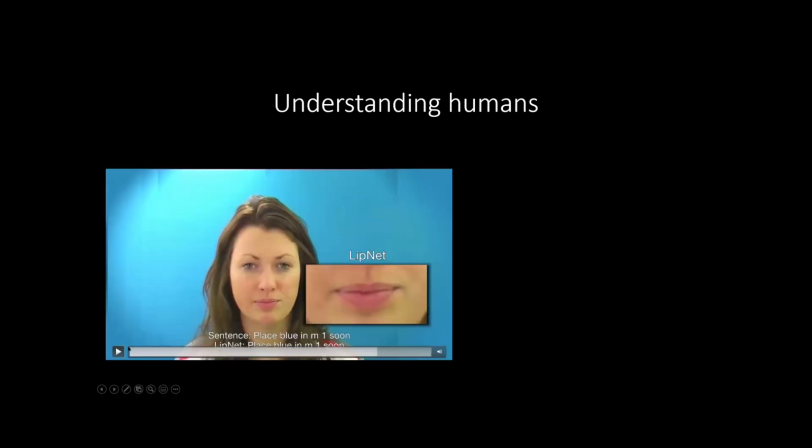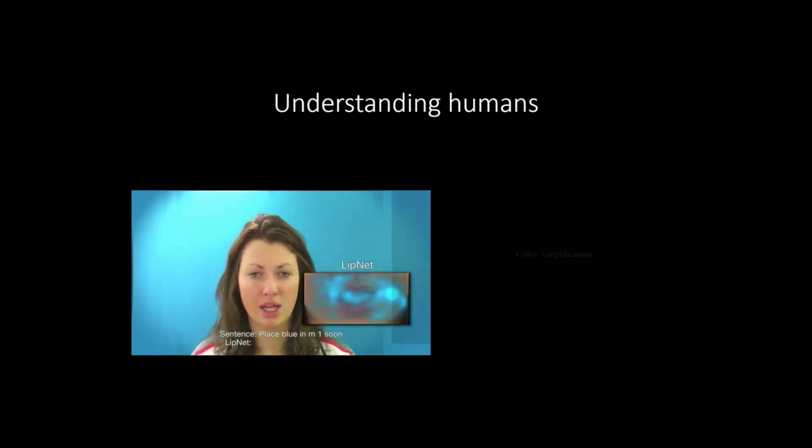So you can see here that the network takes as an input this image and figures out where the lips are and just crops that region, and then figures out what the person is saying just by looking at these lips. The network was trained in a supervised learning fashion where it saw a lot of lips and knew exactly what the person said, maybe in textual format, and that's how you train these models. You show them a lot of examples, input and output, and it learns the pattern. So that's one example of understanding humans.